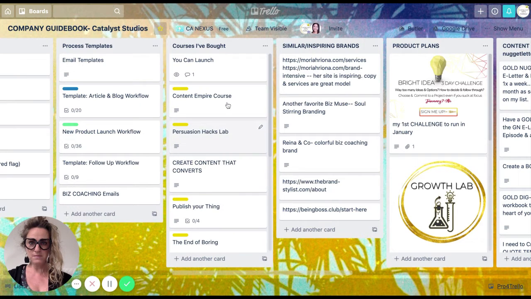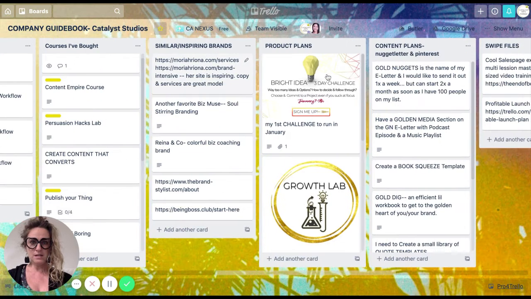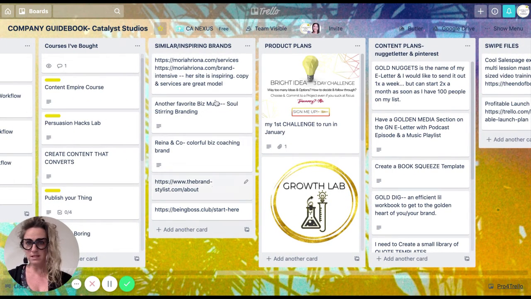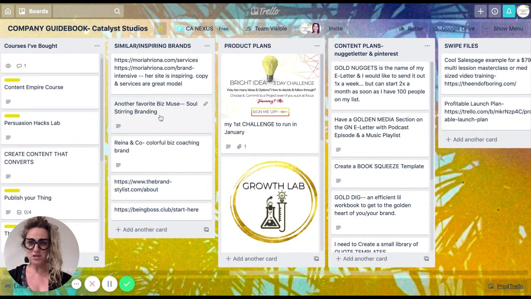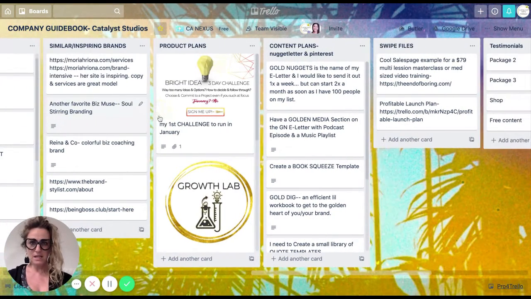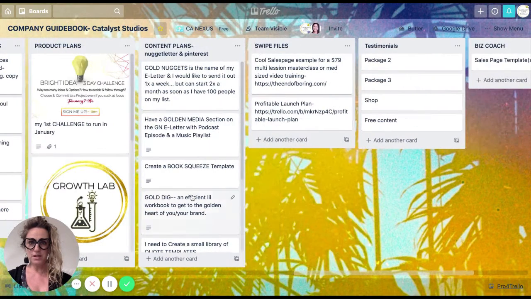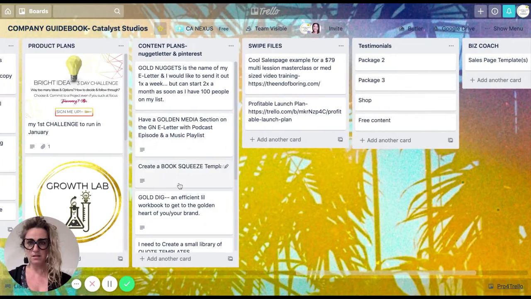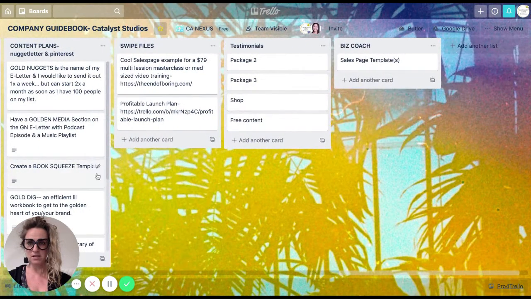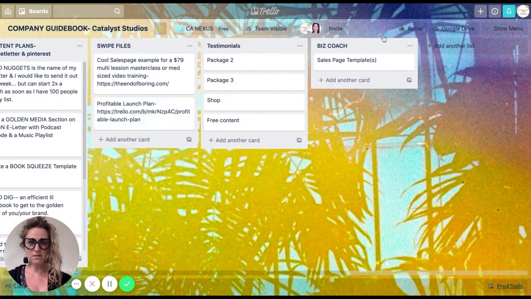And you can delete something if it was a membership and you canceled it, or move it to the bottom, move the priority one to the top, etc. You can do some competitive analysis, or when you find out what is new, you can capture them in here for quick reference. You can plan your products. You can plan your content here. I have a more elaborate content plan than that, but that's like a starting point. You can have swipe files,